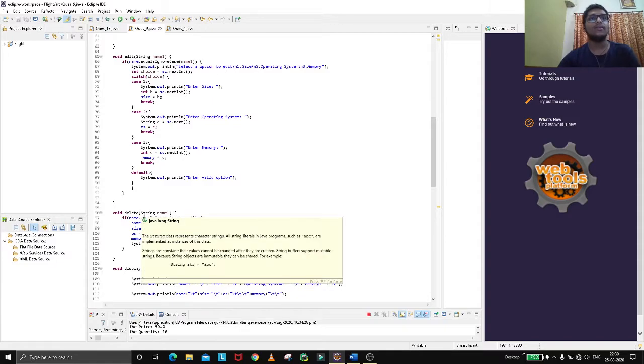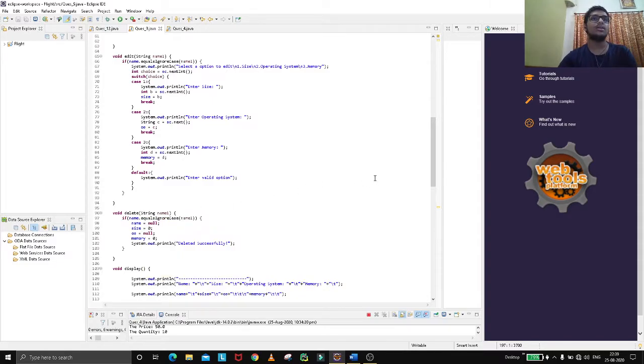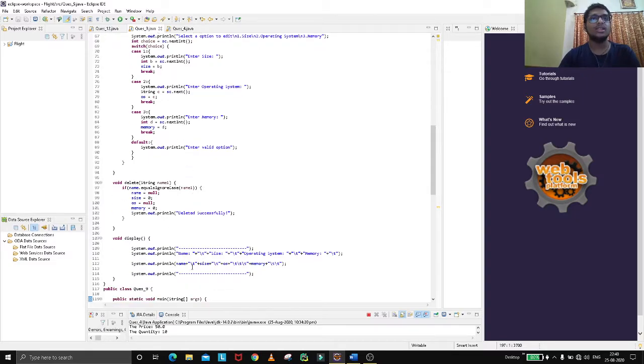Now if we want to delete specific mobile specs, we give a name, and it checks whether the name is there or not. If it is there, we can provide all values 0, so that if I provide a Redmi phone, the delete function will go and delete all the specifications, all the names of Redmi if they are in the class above. Display is for displaying all the data which is there for mobile specifications.